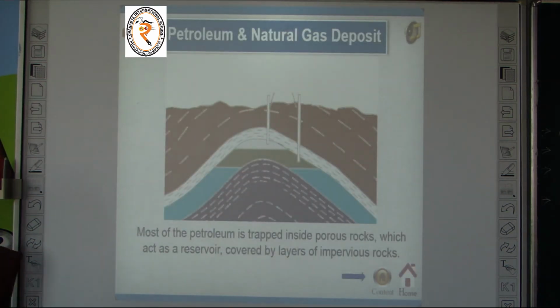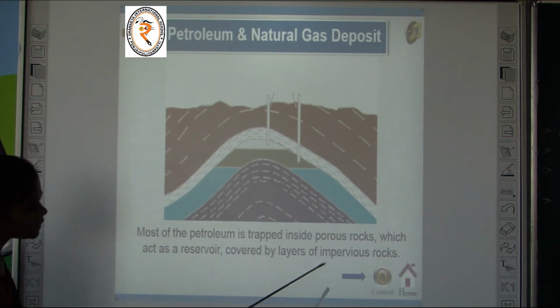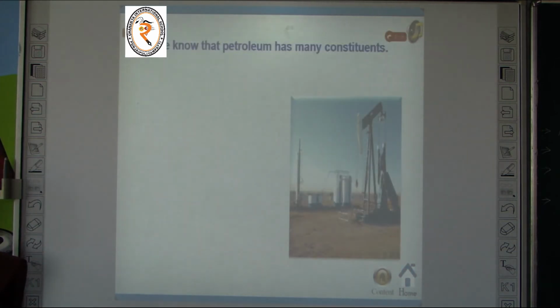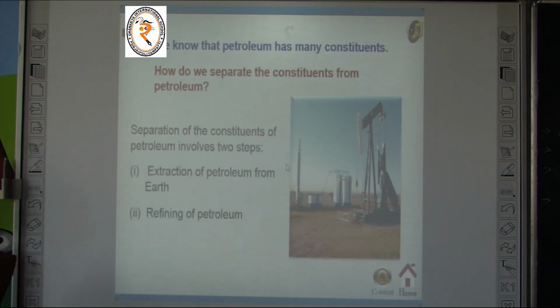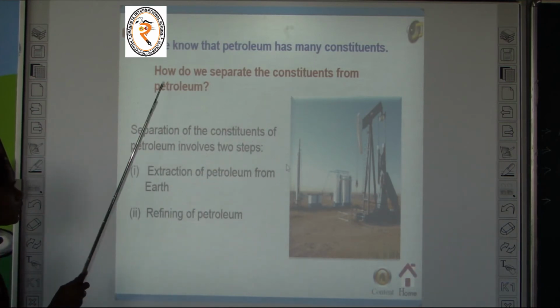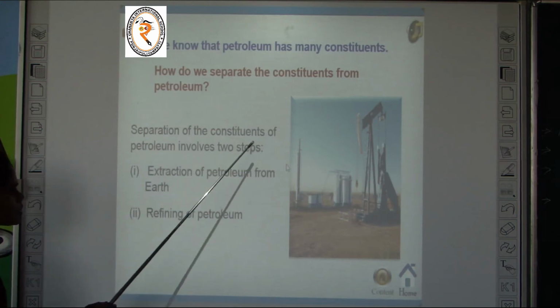Petroleum and natural gas deposit. Most of the petroleum is trapped inside porous rocks which act as a reservoir, covered by layers of impervious rocks. We already know that petroleum has many constituents. How do we separate the constituents from petroleum? Separation of constituents of petroleum involves two steps. One is